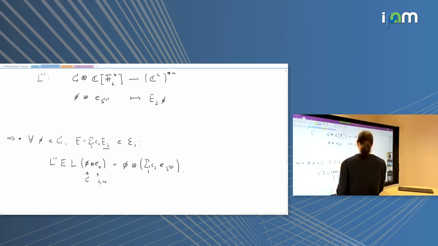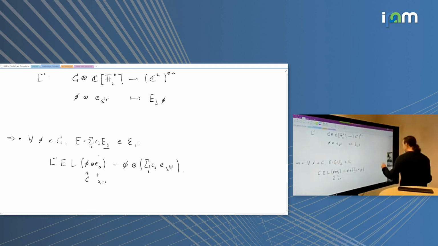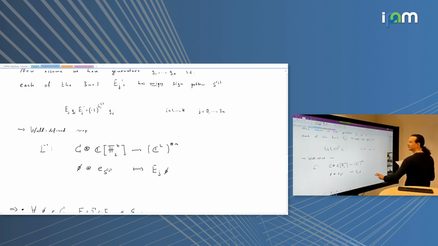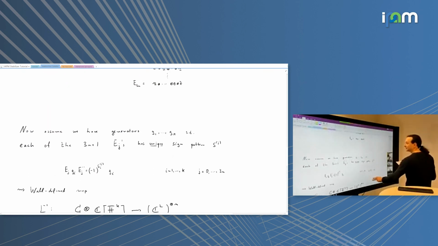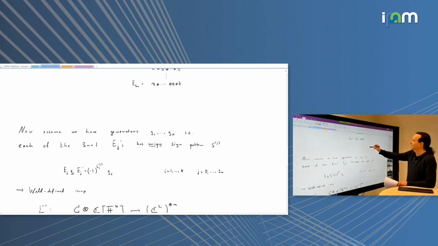And so maybe if this was too algebraic, let me go back to the high level. What I'm saying here is that for every element of a basis of the space of single qubit errors, it will take my code and map it to an orthogonal copy of the code, but it will not mess with the code itself. It will not map a valid code word to another valid code word. This was the other condition I said before. It might be sufficient to understand what's happening here.